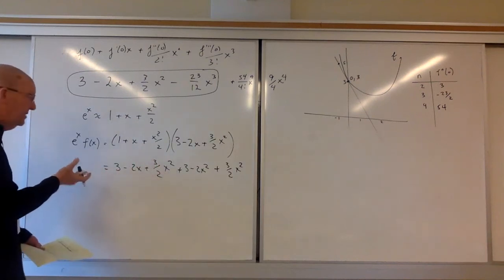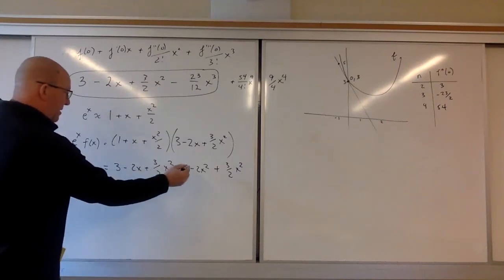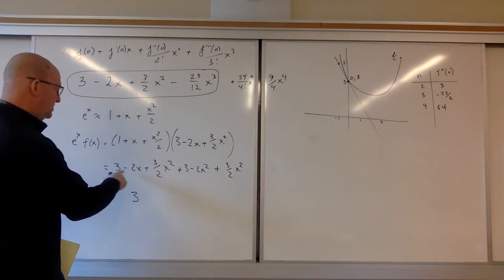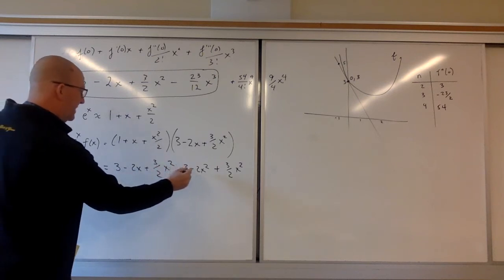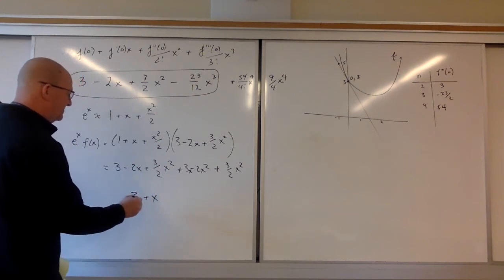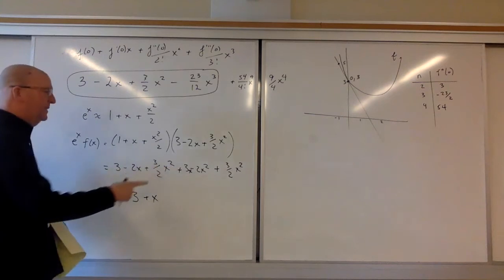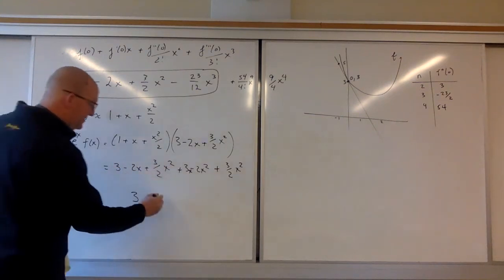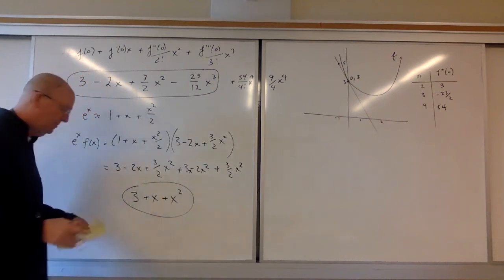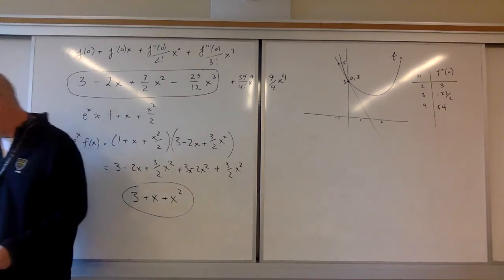Combine like terms, 3 minus 2x. I think this is supposed to be a 3x here, right? Minus 2x plus 3x, so that's x. And then plus 3/2 x squared plus 3/2 x squared, so that's 3x squared minus 2x squared, which is plus x squared. 3 plus x plus x squared. Very nice, okay? So now we're going to move on to